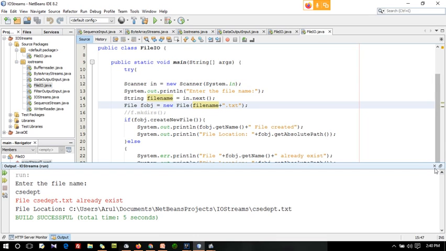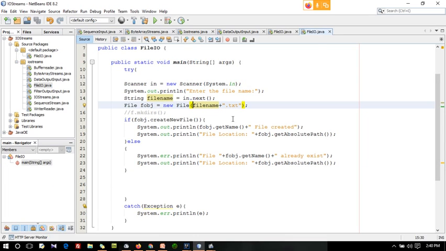And guys, if you want to specify any particular location, before the file name you just put double quotes and write like this: d colon slash, inside the Kevin folder, I want to have that file. So guys, clear? This is very important, you should note this down. Inside this, the file name is dynamic. All other things like the location and the file extension are static, fixed inside the program.